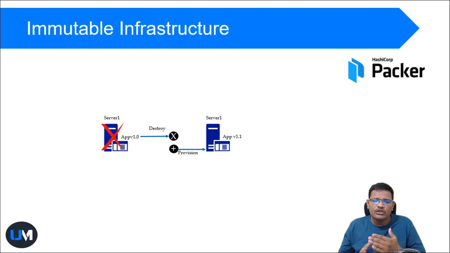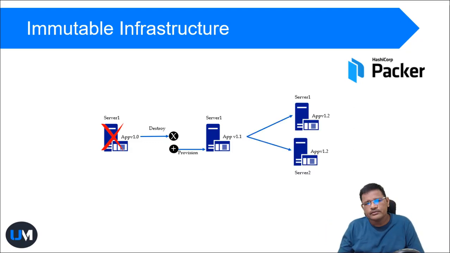Here, some part of the VMs can be deployed in a first stage, and we can deploy the other images. If everything works, then we can deploy these servers and terminate the older version. So this is immutable infrastructure. We tear down our infrastructure whenever there's a new upgrade available. We write the new infrastructure code, and that will be launched. Everything will be done on the new servers.